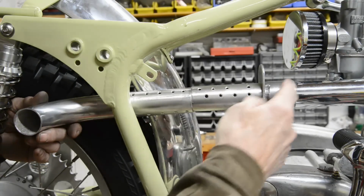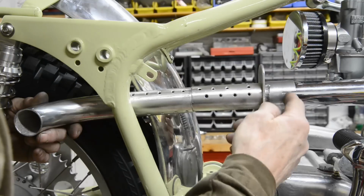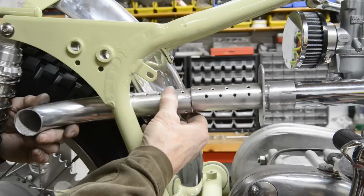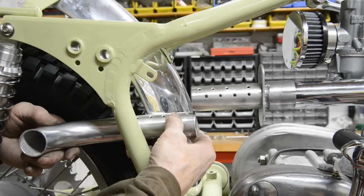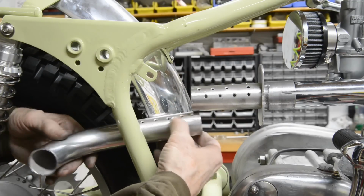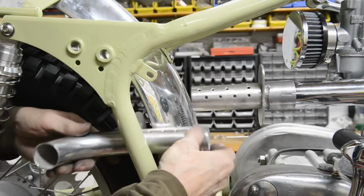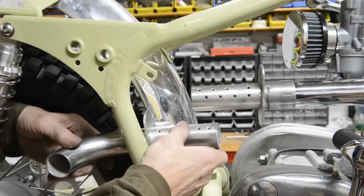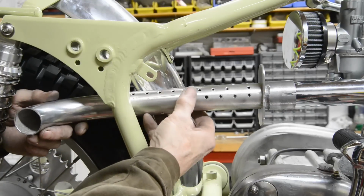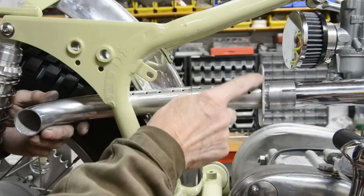Actually, it just struck me when I marked this, I went the wrong way, didn't I? So I might cut 1 inch off and bring that back in. We can come in 1 inch and still be fine, I think. I don't know. I'm going to tack weld these 2 plates on, and then when they're done, I'll make sure that I'm straight, because these plates want to be